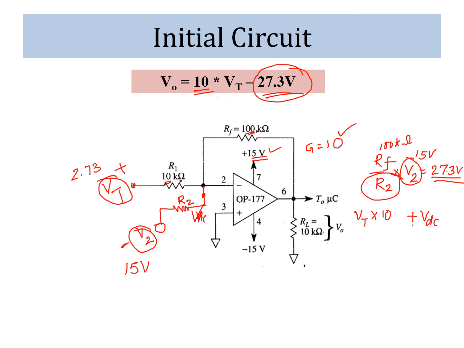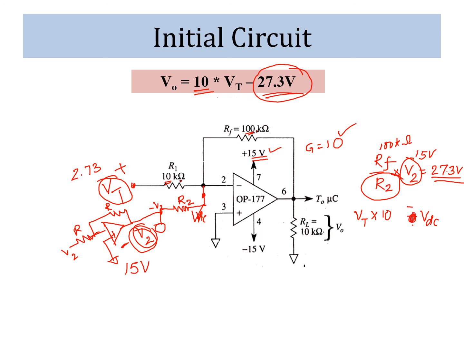Right now both have the same sign, that is positive and positive. So if we want to convert one to negative, there are two options. Either we connect one inverting amplifier here, keep its positive terminal grounded, connect this V2 at the negative terminal, and provide this output here, keeping this R and this R the same. So V2 will become minus V2 at this point, and ultimately we get negative VDC here.